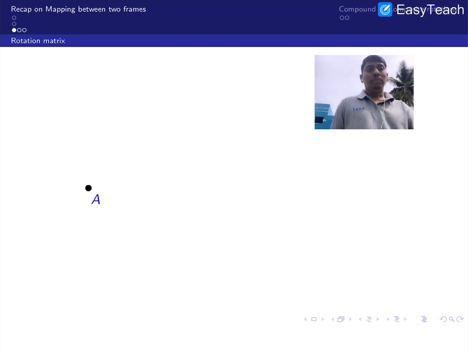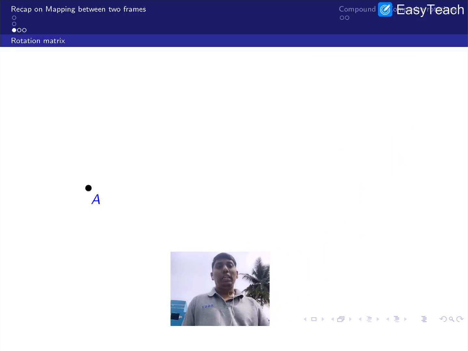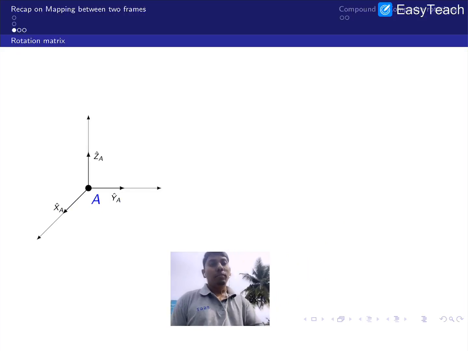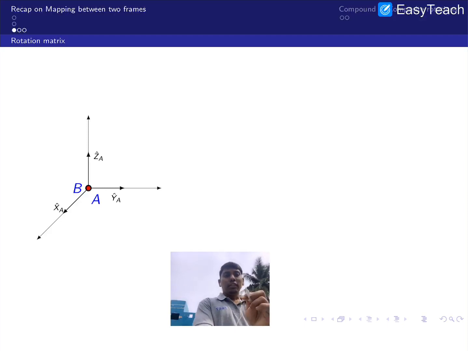We will go further. For that I am just bringing the rotation matrix here. You can see that frame A is one of the fixed coordinate frames. Now there is a body which I call the B frame. This B frame has a different orientation. Just to help understand, I am showing that the B frame is just rotated about X. Then what would be the rotation matrix? This is my interest here. So you can see XB would be on the same line as XA.